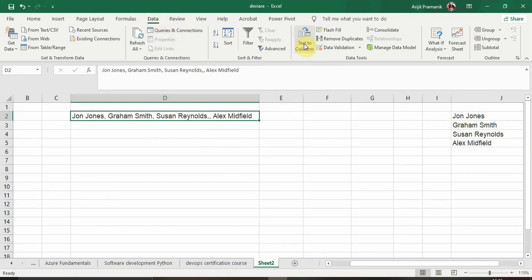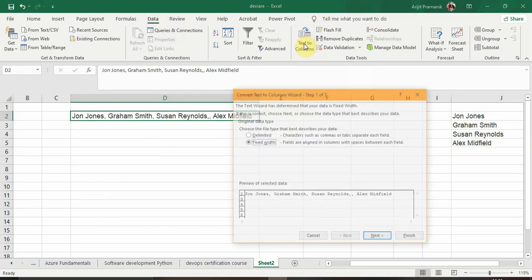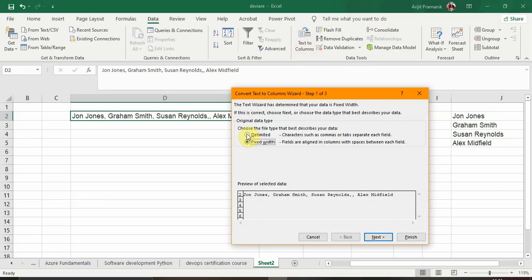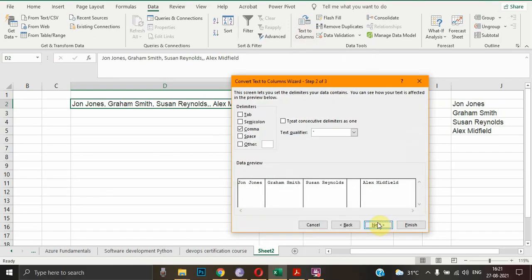to Data and go to Text to Columns, and here you have to choose Delimited. Go to Next, and there are different delimiters like tab, semicolon, comma, space, and there might be something else. So here you have to choose comma, and in this data preview you can see that the names, the fields